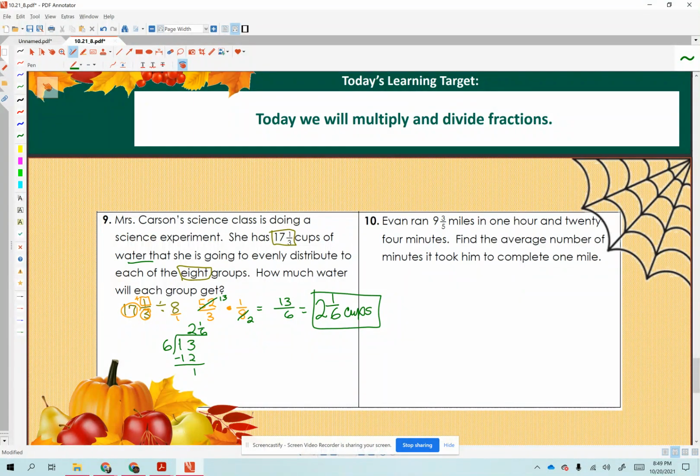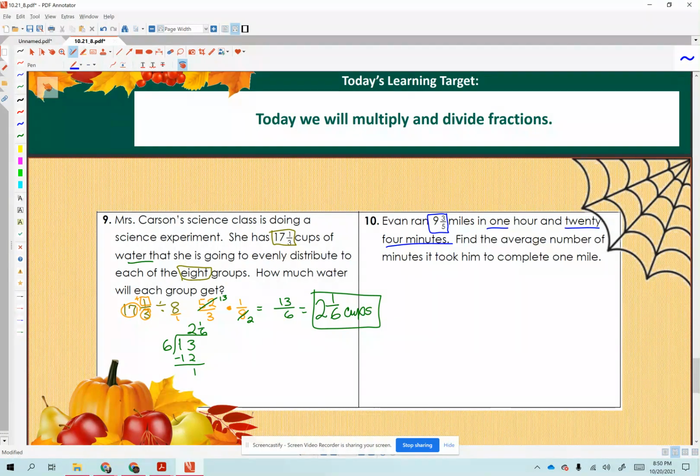And our final problem for the day, you've worked so hard. Let's change our color. Evan ran 9 3/5 miles in 1 hour and 24 minutes. Find the average number of minutes it took him to complete 1 mile. So we have 9 3/5 miles. So 24 minutes, 1 mile. So what we're going to do is we're going to have